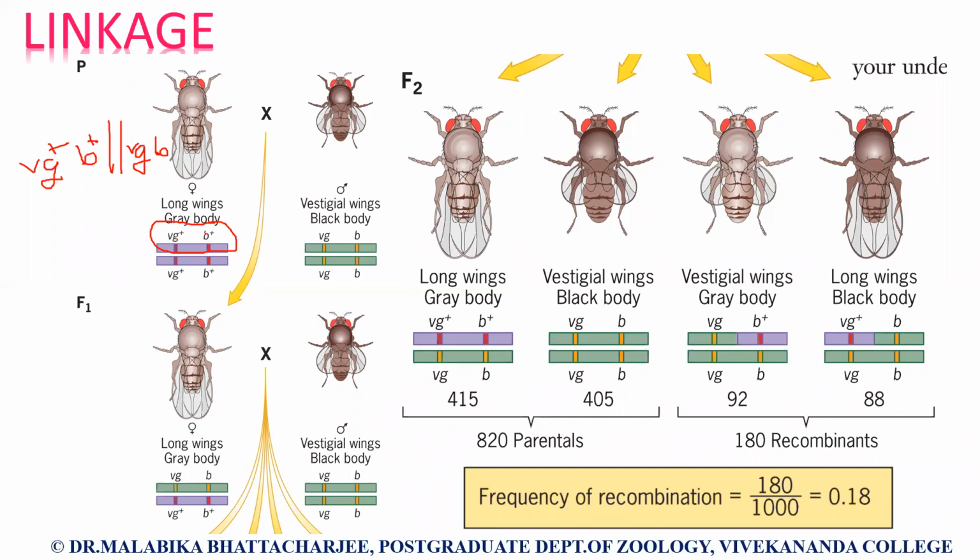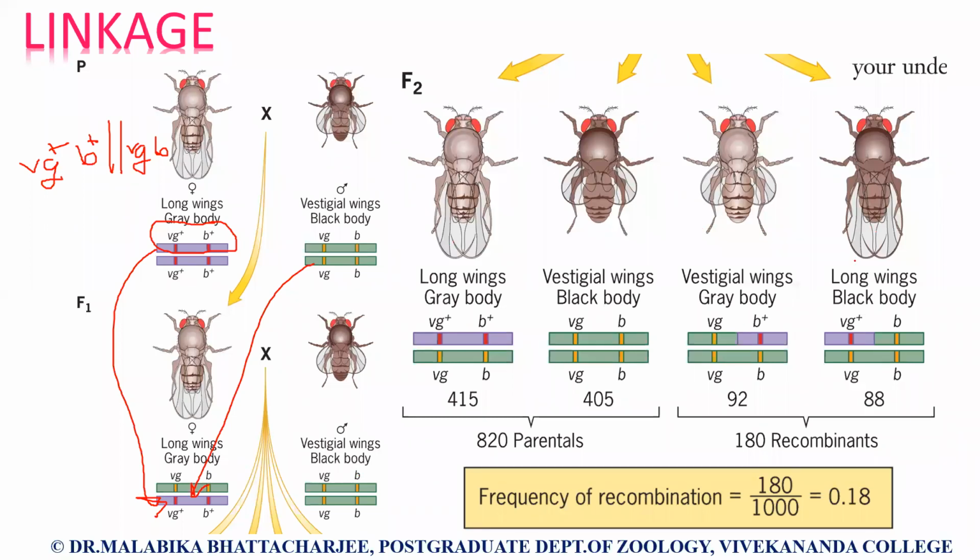And you can see the genes are in coupling. If you remember, I had also said that if you get the wild type on one homolog and the recessives on the other homolog, then the genes are in coupling. Now, when this kind of experiment was done, in the F1 generation, if we look into the gamete segregation, one gamete and one gamete from here. So this was the heterozygous fly. The heterozygous fly was now crossed with again a homozygous recessive fly.